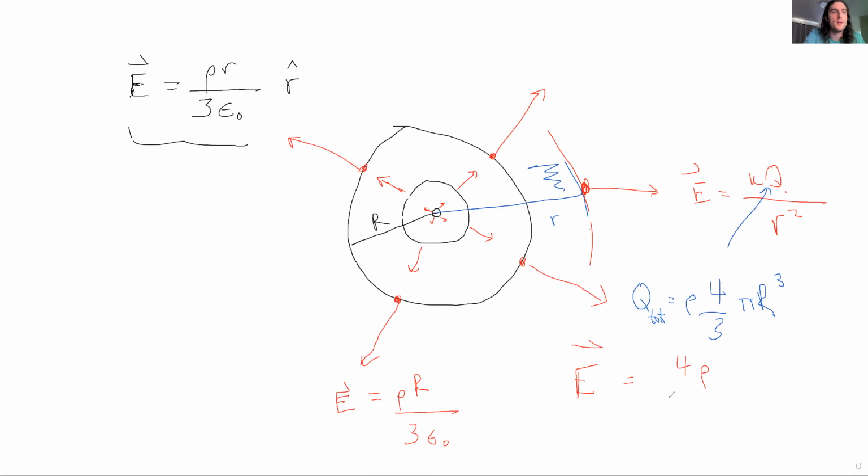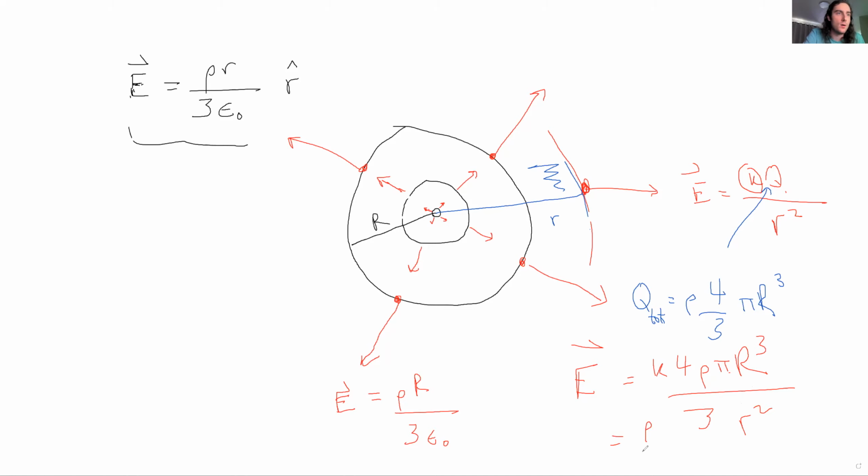There's a 4 here. There's a 3 in the bottom. And Coulomb's constant here is 1 over 4 pi epsilon naught. So we can replace that. Let's put the Coulomb's constant in here. Rho, there's a pi, there's an r cubed, and then there's an r squared in the denominator. Okay, we can replace this Coulomb's constant with 1 over 4 pi epsilon naught, and then we can compare our